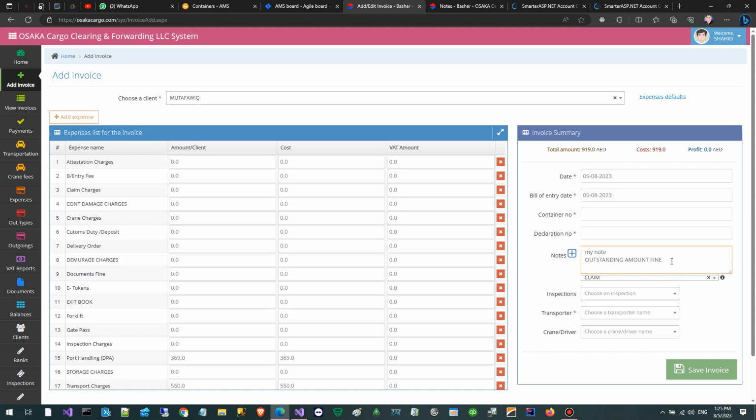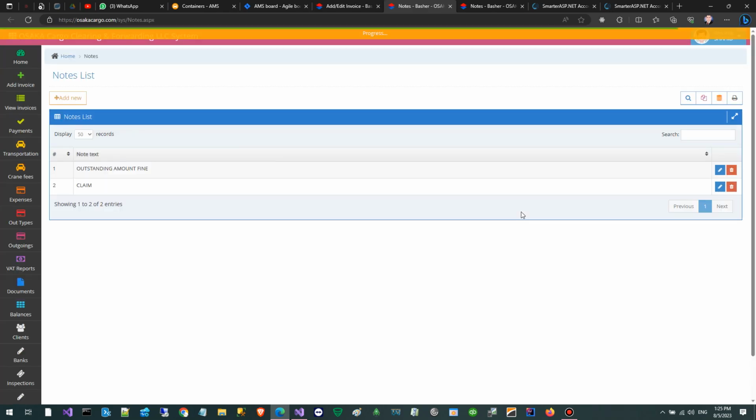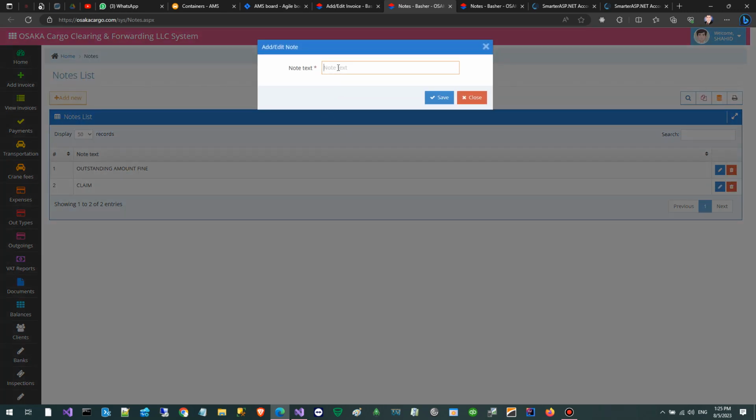In case I want to add one more note to my saved list, it will come from here by clicking on the plus icon, manage notes names for the selection in the future. Once I click on the add icon, it will open my notes list. From here I can manage, add, edit or delete my note. For example,